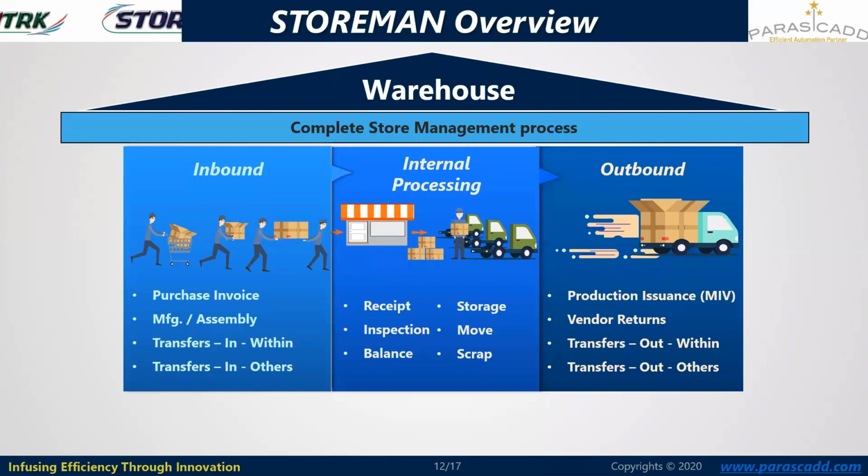Now, what is the outbound? What is the store delivering outside? They are delivering the material based on the material request they have received from the subcontracting agencies or the production houses. So production issuance through the material issue vouchers, and vendor returns: whatever are the rejected or damaged items will be returned out with respect to the OSRD copy. Then transfer out, similar to the transfer in. Material can be shipped to another store of the same project, or to different stores belonging to different projects of the same company.